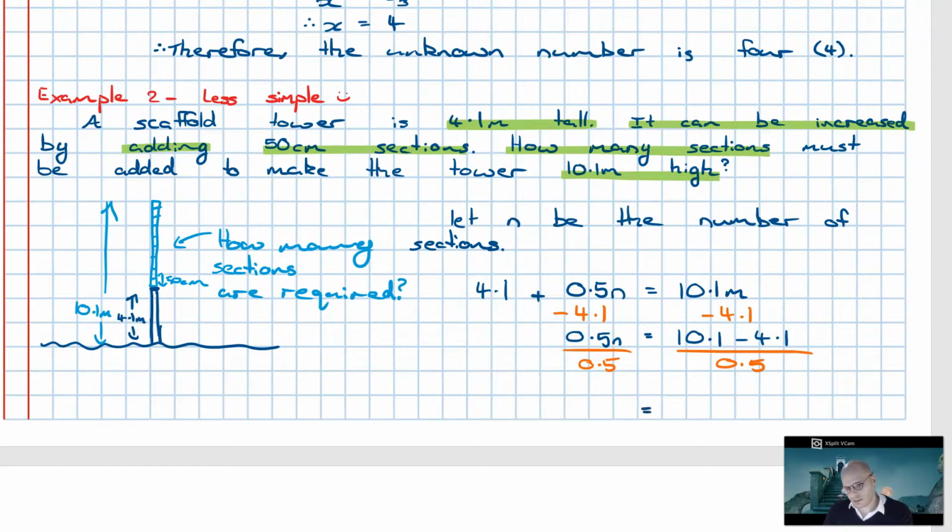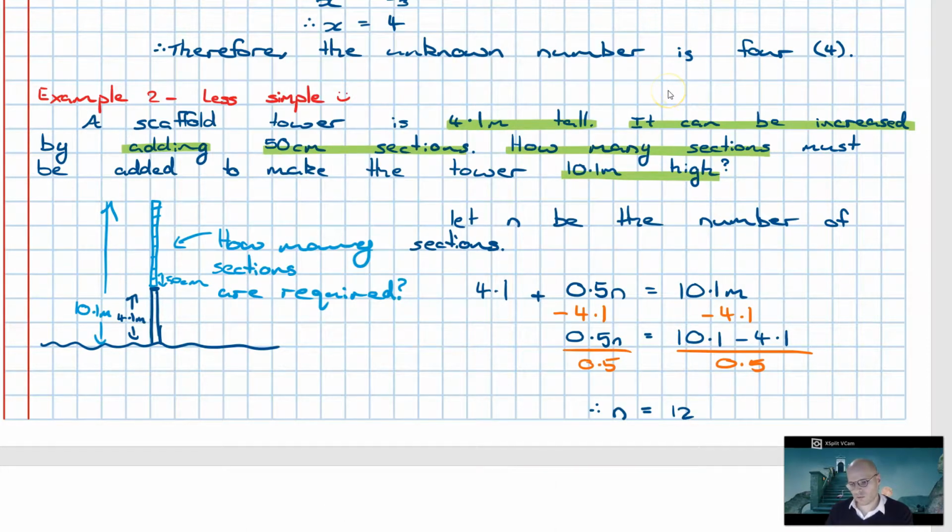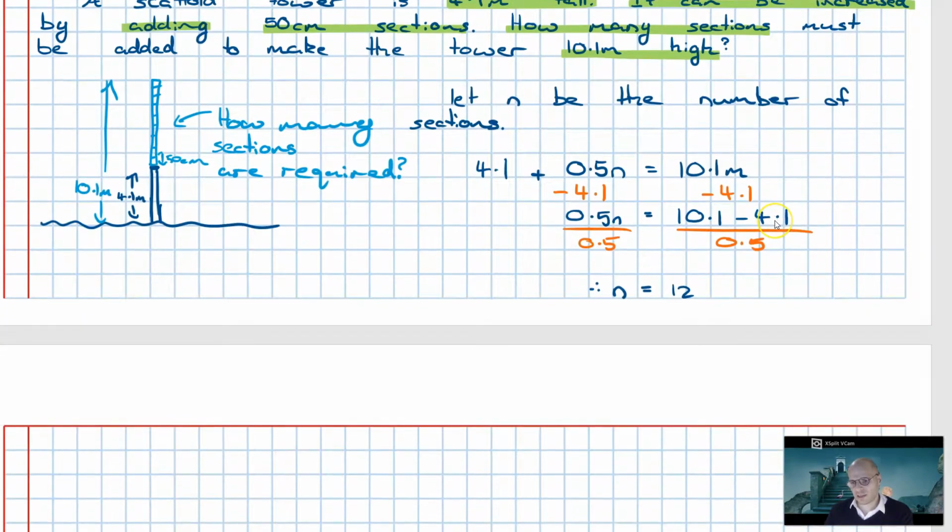And thus our value of n is going to come out as 12. And remember, there's context to this. It's not 12, it's 12 sections. So we can say a count of 12 sections will grow the tower